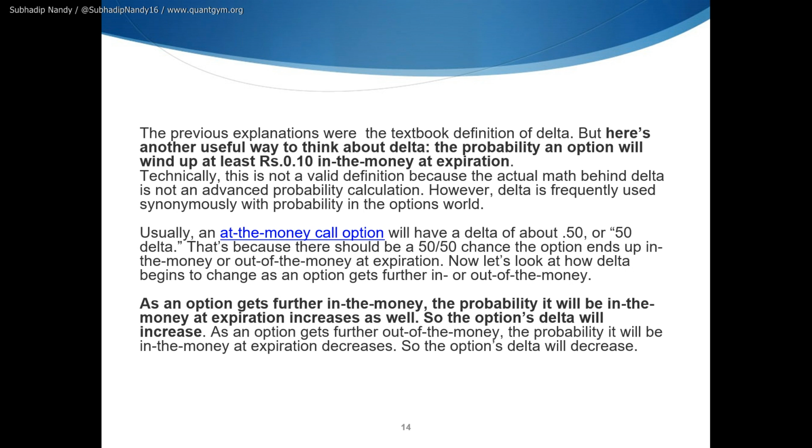Now the previous explanations which we saw were the textbook definition of delta, which comes from the Black-Scholes model. But here's another useful way to think about delta: the probability that an option will wind up at least 10 paisa in the money at expiration. Technically, this is not a valid definition because the actual math behind delta calculation does not involve advanced probability calculation. However, in the options market, delta is frequently used as a kind of synonym for probability. So when an at the money call option has a delta of 50, we all know this, or 50 delta, that's because there's a 50-50 chance the option ends up in the money or out of the money at